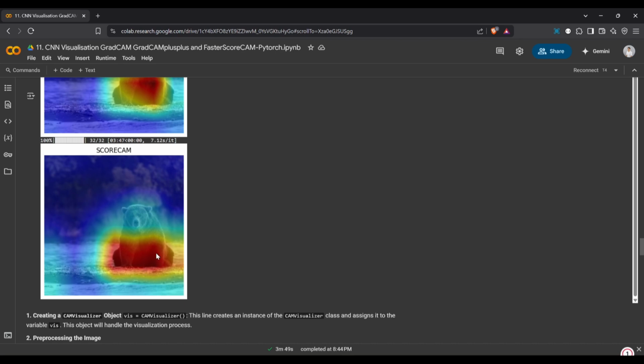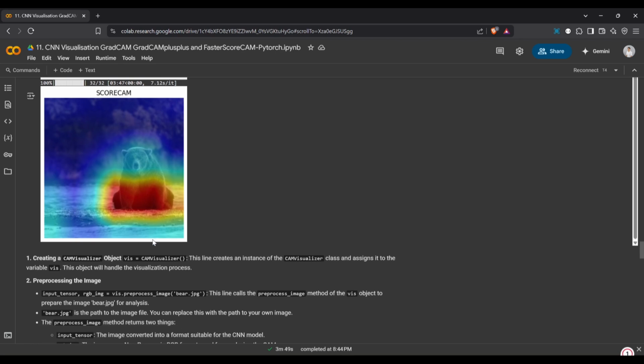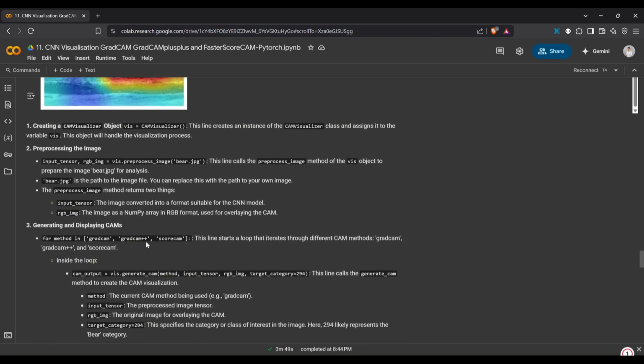Okay, so this already predicts that this region, well, it targets this region and predicts that this one is a bear, no? So it is a collection of the lower part of the animal, the bear. Okay, so, well, what we have here. Okay, so we already have an explanation